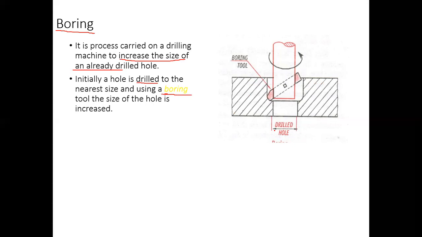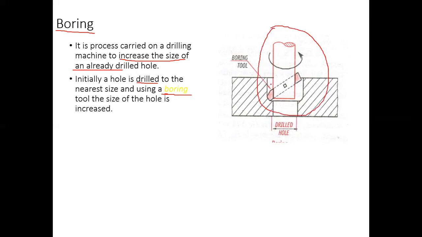You remember, when we discussed different drilling machines in the last class, every drilling machine has some capacity. Your drilling machine is specified by the maximum hole it can drill. But sometimes very big holes have to be made in the workpiece. In that case, with the drilling machine and drill bit alone we cannot make them, so we use boring tools. What is a boring tool?